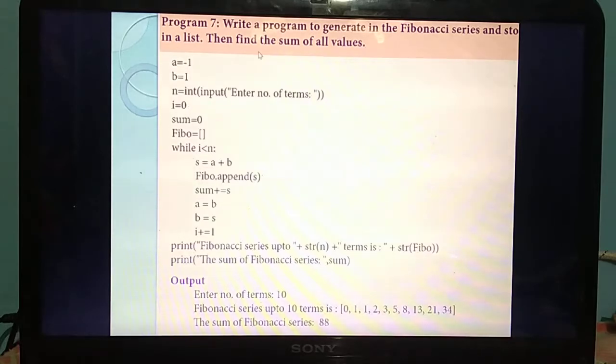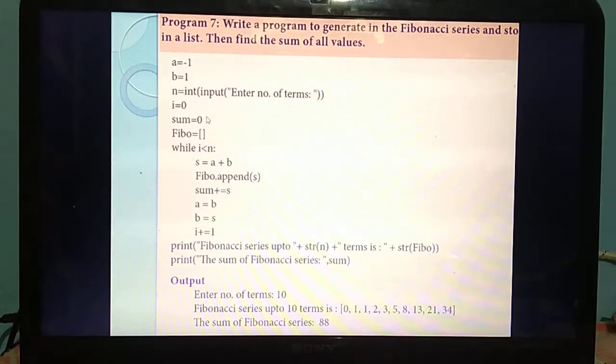Next, in the question they asked to find the sum of all values. Before you calculate the sum, first you need to initialize the value of sum as 0.